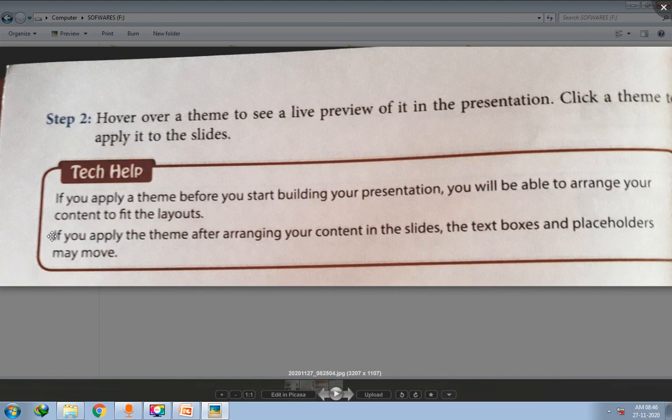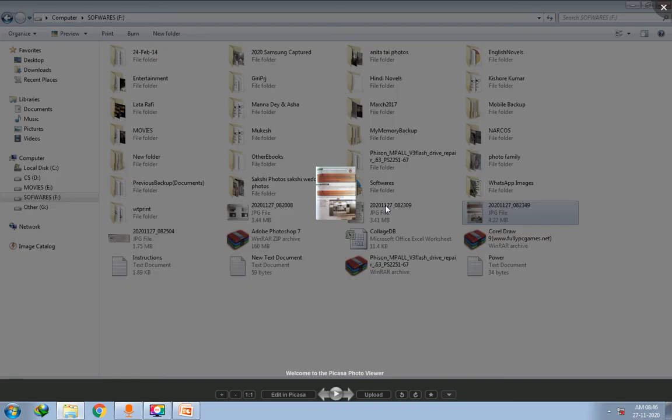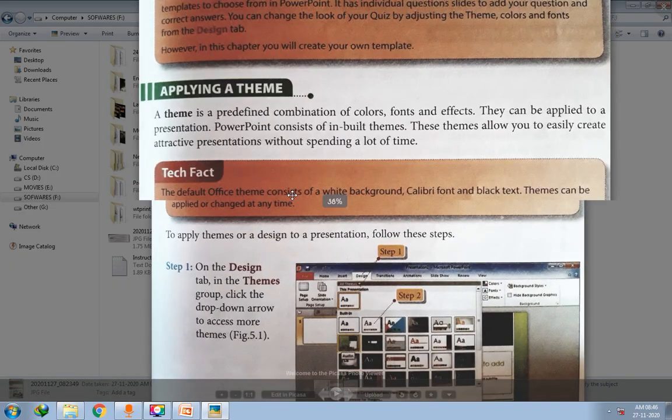What will happen if you apply the theme later? If you apply the theme after arranging your content in the slide, the text boxes and placeholders may move. So always remember to apply the themes before starting the presentation, right? This you have to write in your notebook, and this technical fact also you have to write in your notebook.